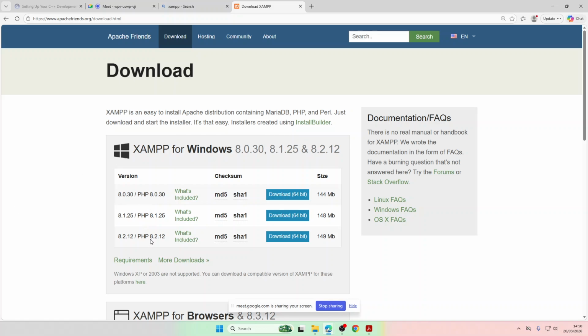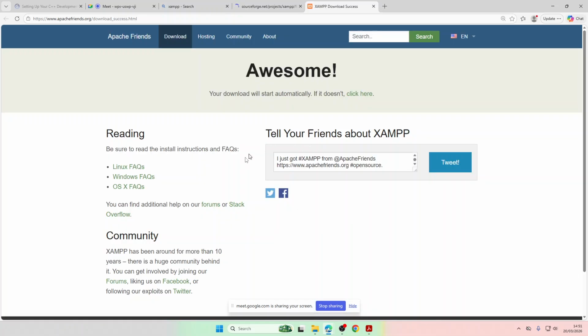Me, I prefer the one with PHP 8.2, so I'm going to use the latest version. I click on this. The good thing, I already have it installed, but I just want to show you how to download and install it. So once it has finished downloading, which I believe it should,